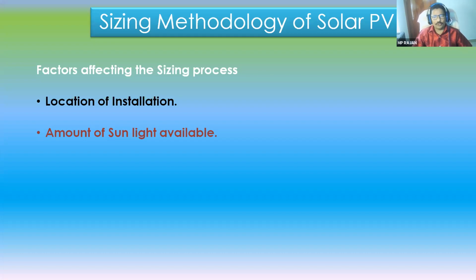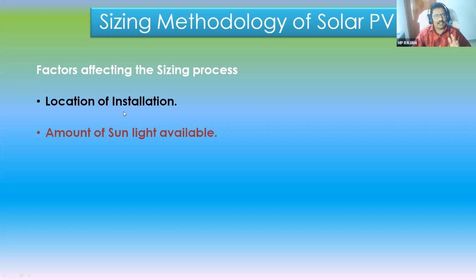Number one. Number two, your load. Your load requirement is different. Your energy consumption may vary month-wise. Sometimes in January it may be less consumption, whereas in the hot season it may be higher consumption. You may be using fan, AC, etc. In winter you may be using heaters, etc. And at night you are using more lights. So your energy requirement is varying. So these two are to be taken into consideration.